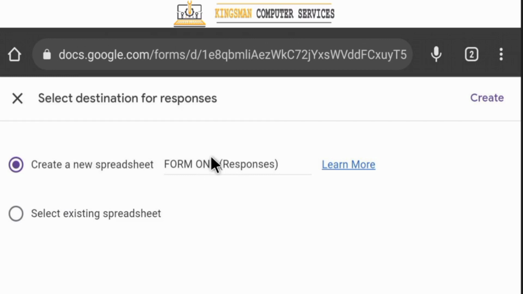The moment you create this spreadsheet, it is saved in your Google Drive. That's why I'm requesting that you download and install the Google Drive on your smartphone. So I'll be leaving the links in the description for you to get access to it easily. So we click on create,